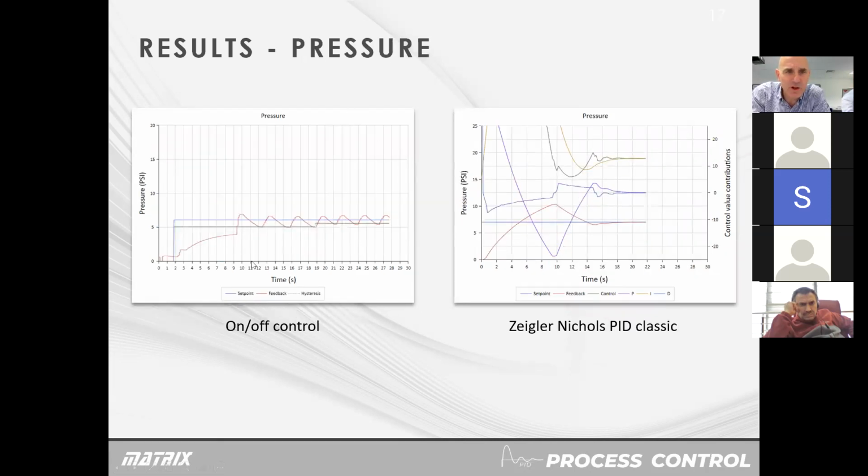Here's a result for pressure. Here you can see the hunting effects of the motor and the motor coming on and off. The hysteresis level there is the green trace. So you can see how for a given hysteresis, you're going to get a given frequency of output there. And again, for pressure, you can see this is the